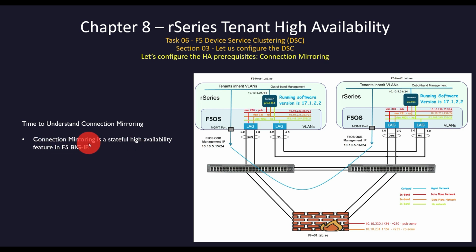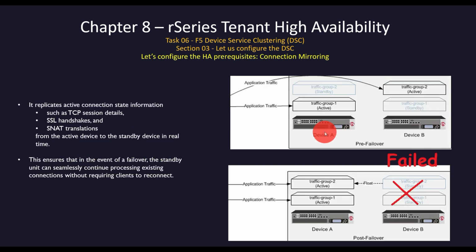Connection mirroring is a stateful high availability feature in F5 BIG-IP. It replicates active connection state information such as TCP session details, SSL handshakes, and SNAT translation from the active device to the standby device in real time. This ensures that in the event of failover, the standby unit can seamlessly continue processing existing connections without requiring clients